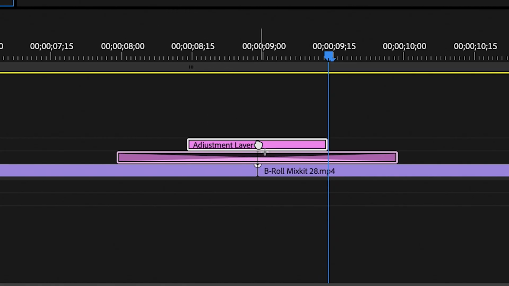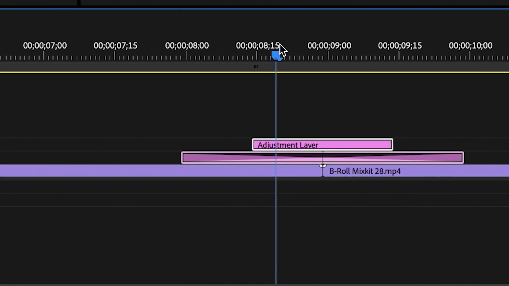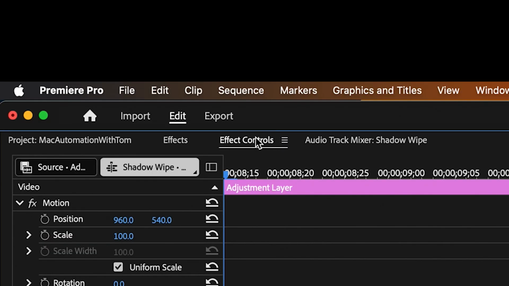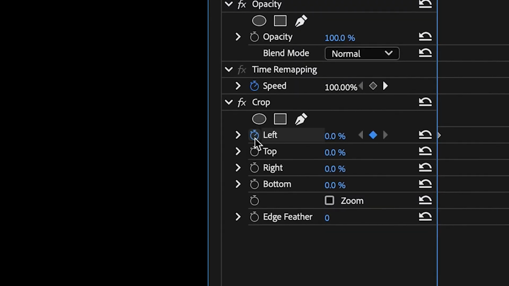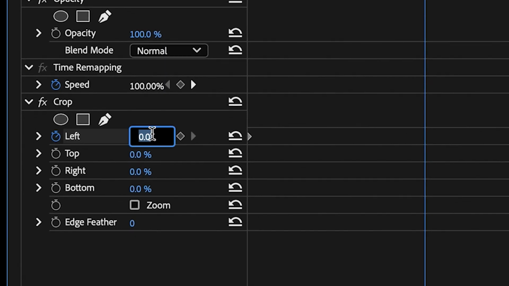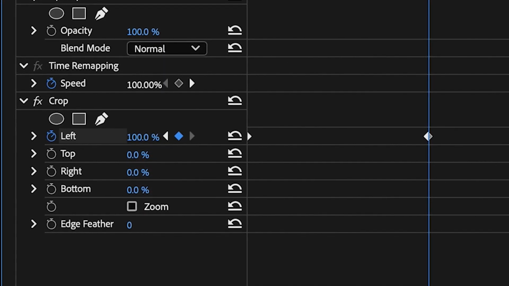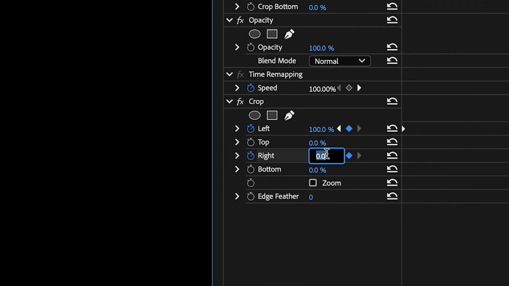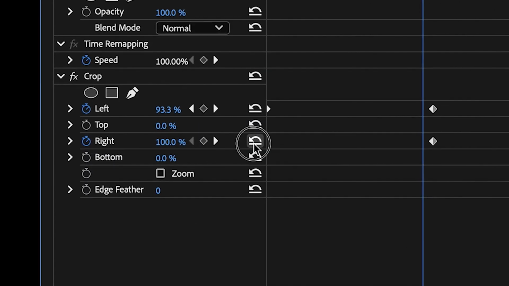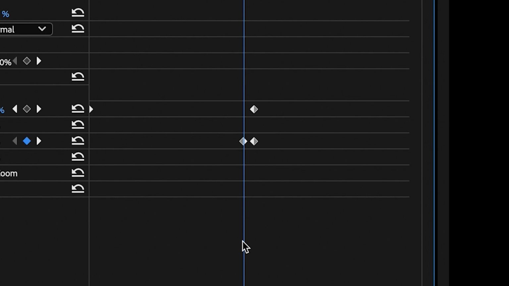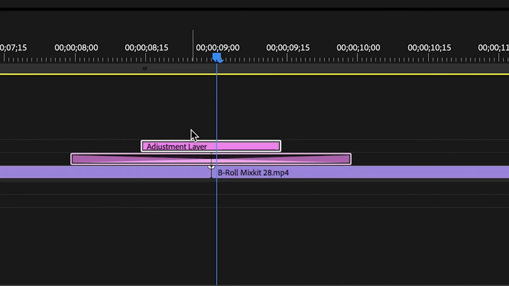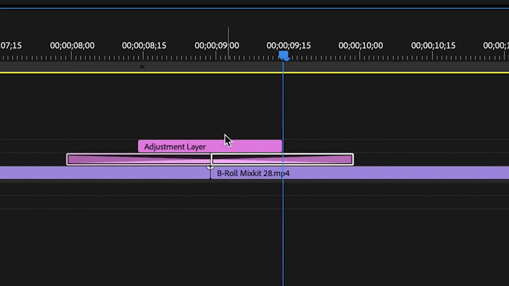go to the effects panel, search for the crop effect, drag and drop it onto the second adjustment layer, move the playhead to the start of the second adjustment layer, go to the effect controls panel, create a keyframe for crop left at 0%, move your playhead back to the cut in the middle, create a keyframe for crop left at 100%, create a keyframe for crop right at 100%, move 1 frame to the left, create a keyframe for crop right at 0%, move 2 frames to the right, create a keyframe for crop left at 0%,